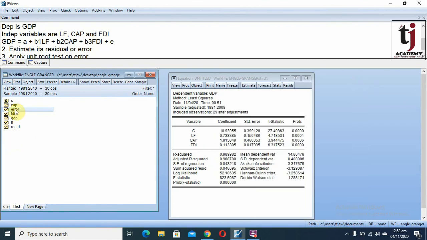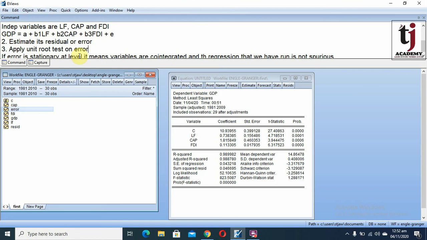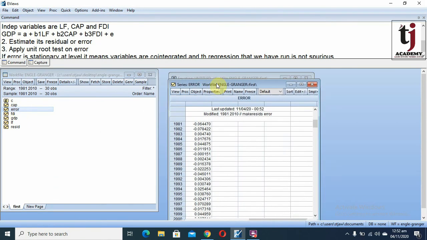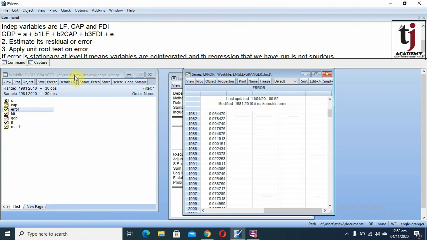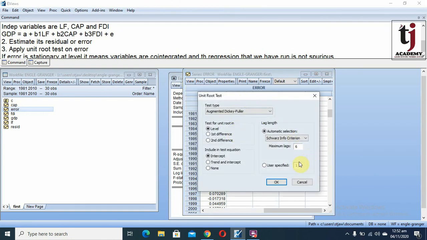The third step, after estimating its residual or error, is to apply a unit root test on error. This is our error series. For applying the unit root test, go to View, Unit Root Test. With all default settings, we are going to click OK.